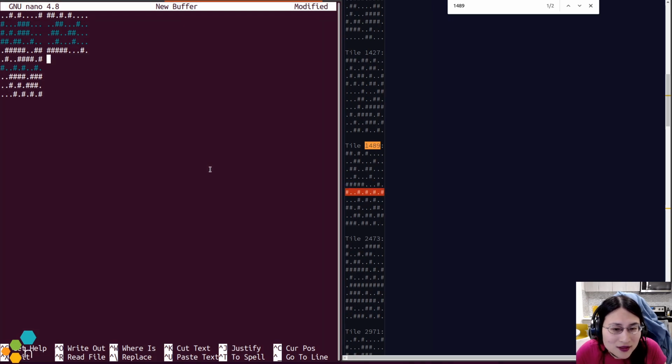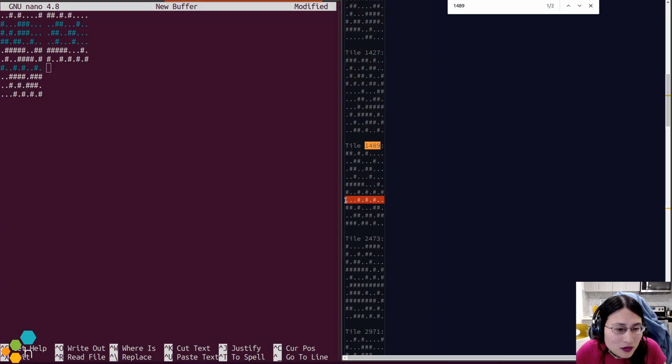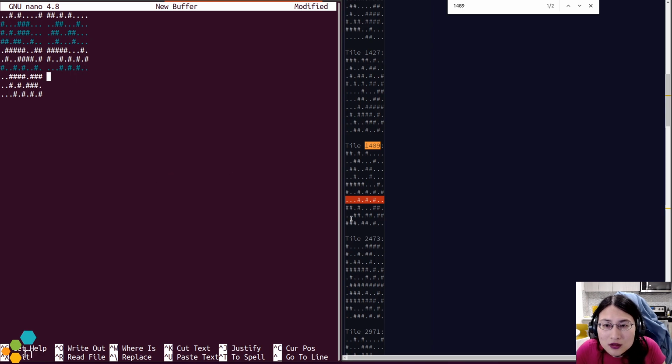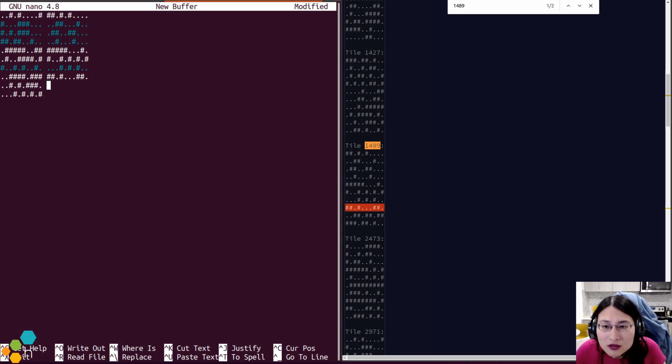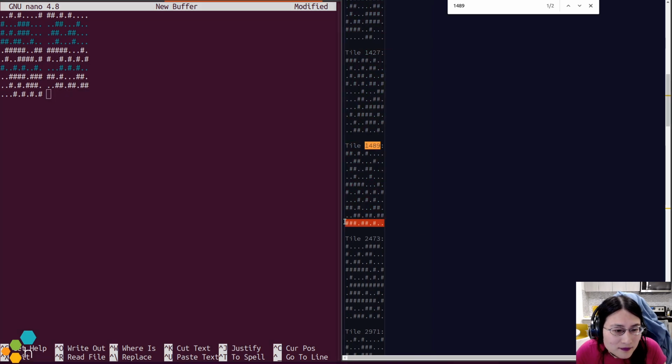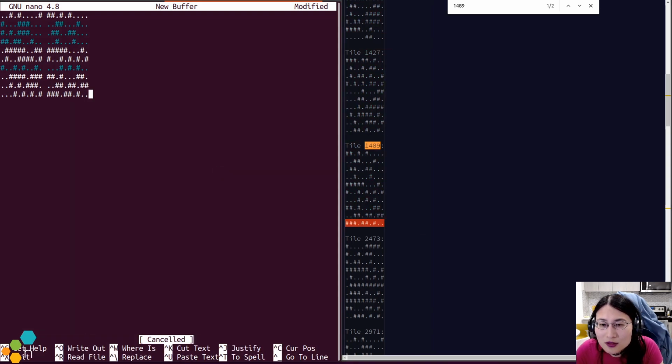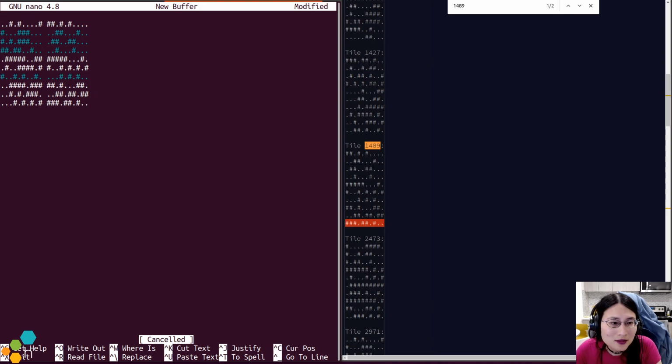I wish it were easier to copy out of this, but that's fine. Okay, now I think I understand where my problem is. So I falsely report this as rotated when it was not in fact rotated.